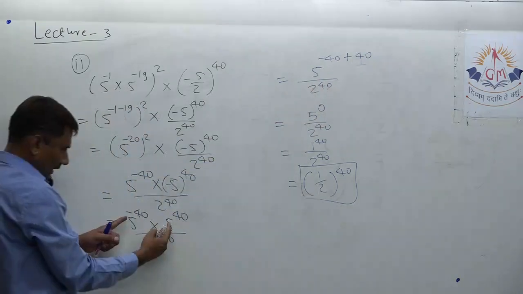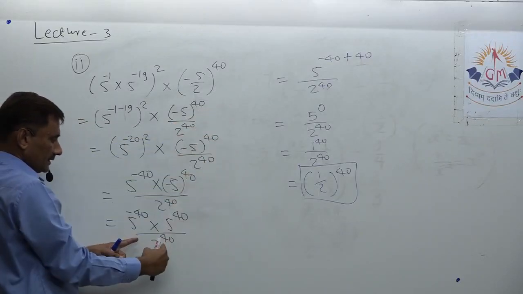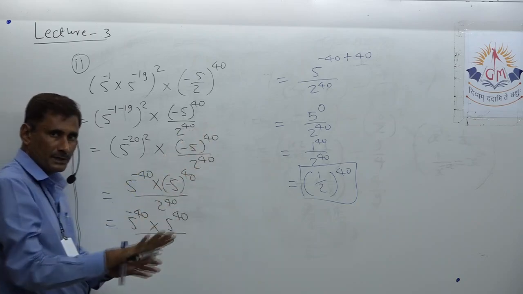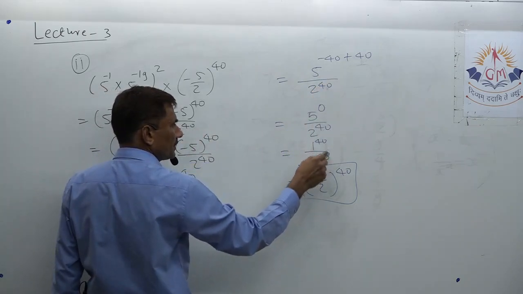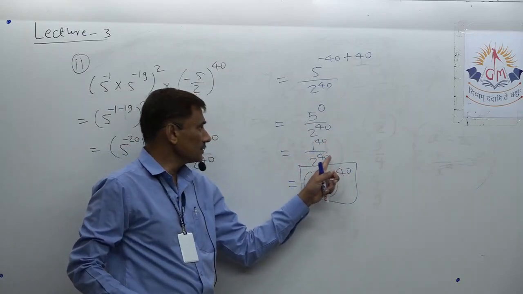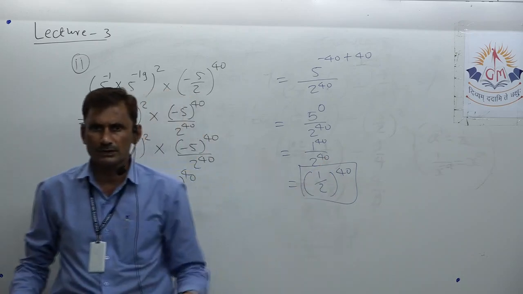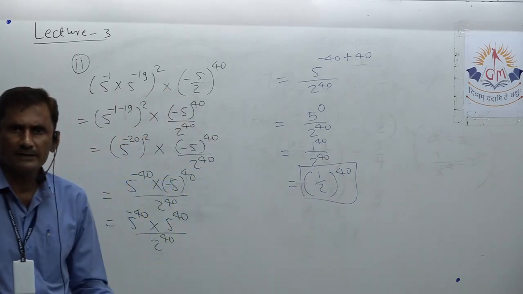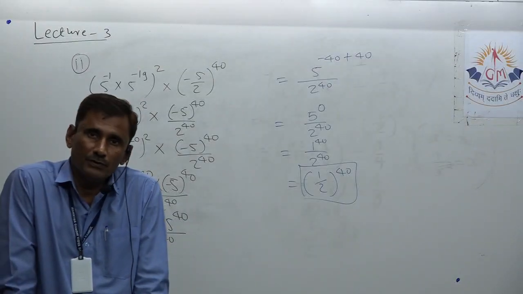Okay, so now it is 5, so the product law is applied there, nothing doing in the denominator, just copying it out. So it becomes 5 raised to 0 upon 2 raised to 40. So 5 raised to 0 means 1; once I have written 1, I can write 1 raised to 40. Why? Because raised to 40 was here, so that we can write the whole raised to 40. So 1 is useful that way. You can write 1 equal to 1 raised to anything. Whatever number you want, you can write.